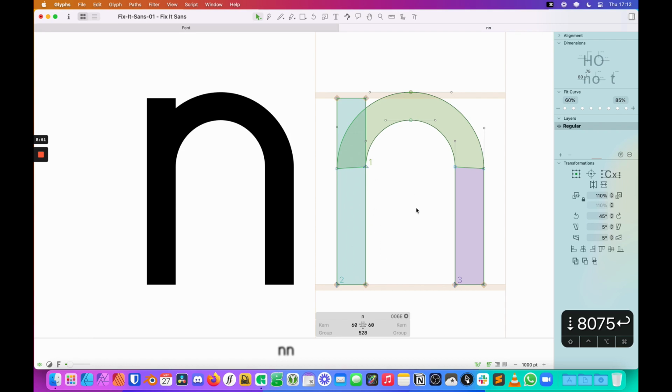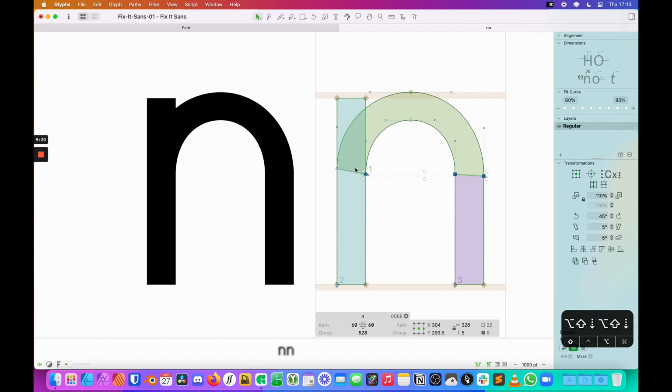We want it to look like a smooth arc. If you think about when you're writing by hand, that's not something that you would really do. Your hand naturally starts to curve a line before you actually make the curve, if that makes sense. Something that I do to alleviate this is just by holding down the Option key, and I use the arrow keys on my keyboard. And in this case, I'm actually going to hold down the Shift key as well, so that I'm moving in increments of 10 points.